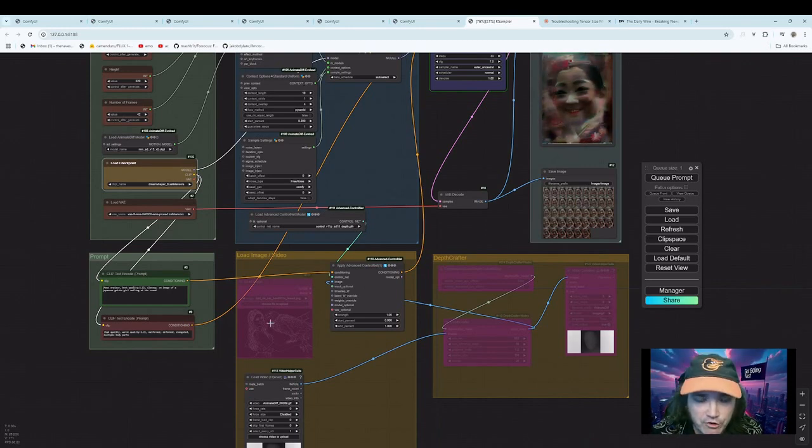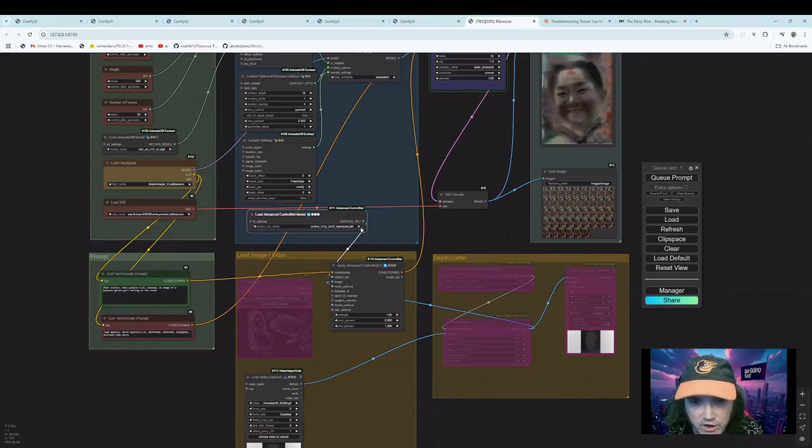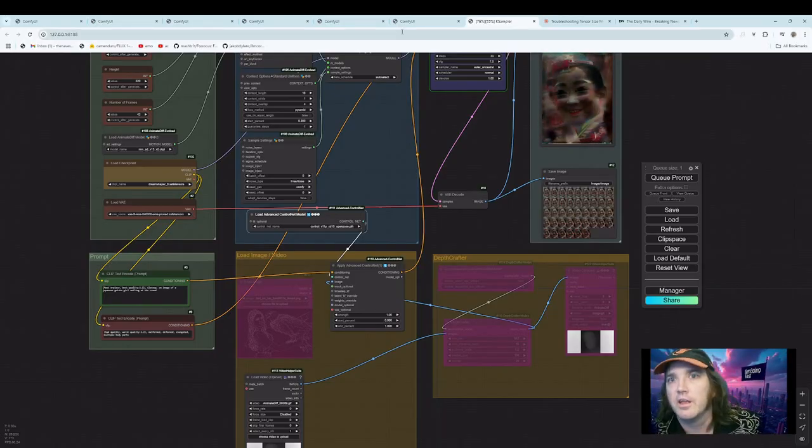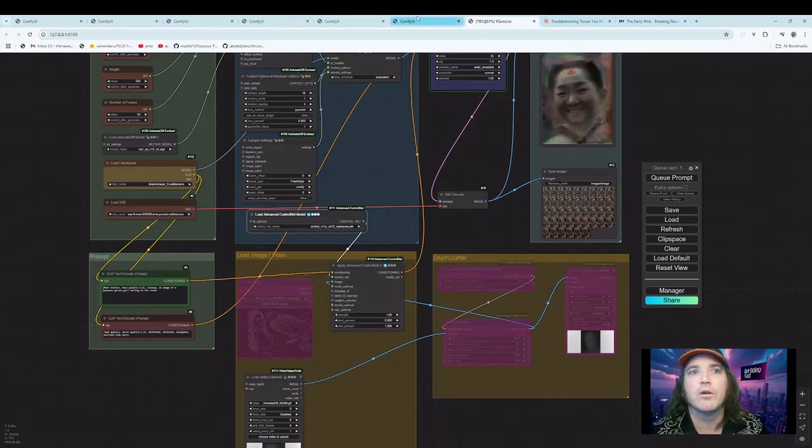Oh, and when you're using your different depth maps, make sure you use the right one. Either depth, Lineart, that's Lineart there, or OpenPose. OpenPose is the stick figures. Okay, again, you can get all of that from the